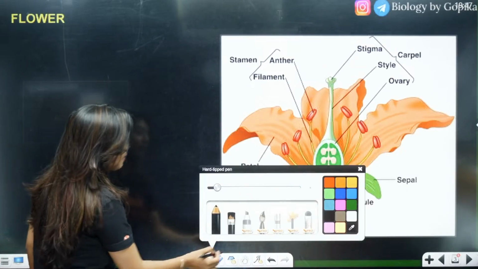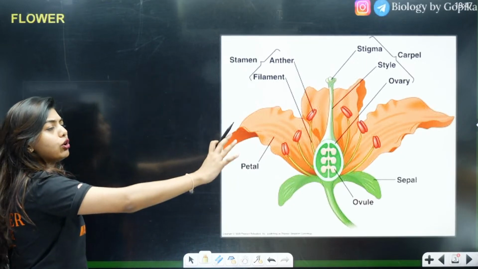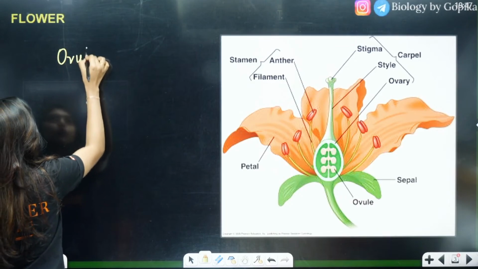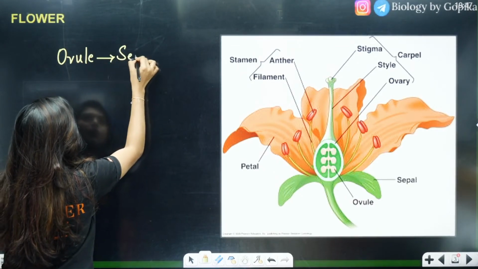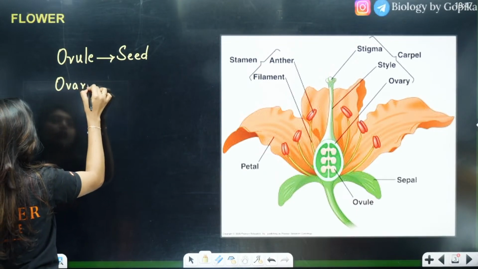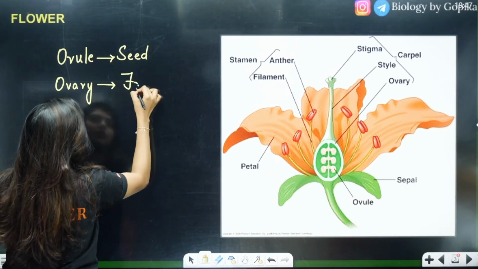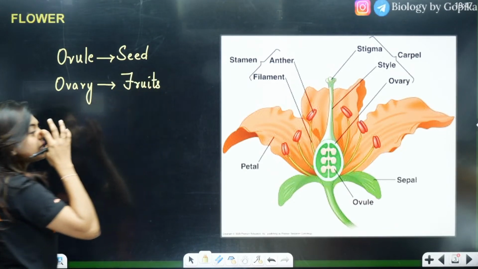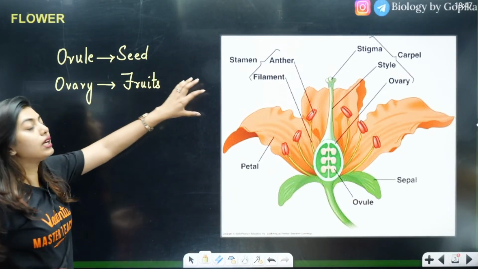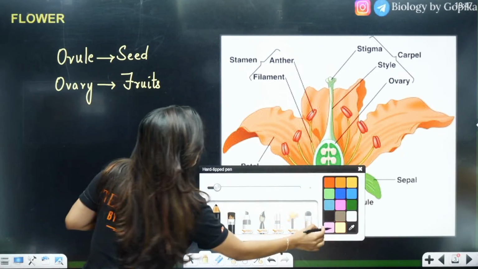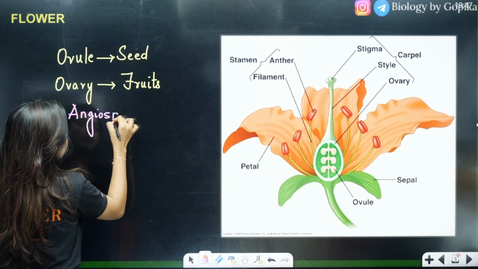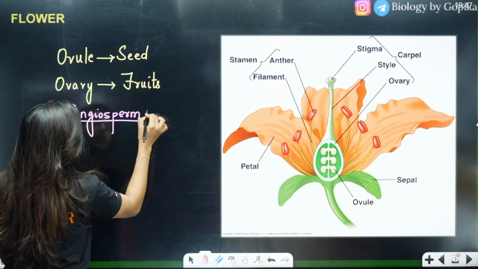So this is a typical flower, and what is the ultimate goal, the destination that we are going to reach? The ovules are going to become seeds, and the fruits are formed from the ovary. The ovary is going to form the fruits. Yes or no? So this is the ultimate goal, and we consume the fruit too. So this is the whole purpose of angiosperms forming flowers. Angiosperms form this flower as a part of their sexual reproduction. Got it, all of you?